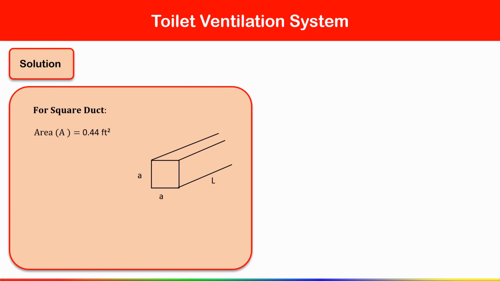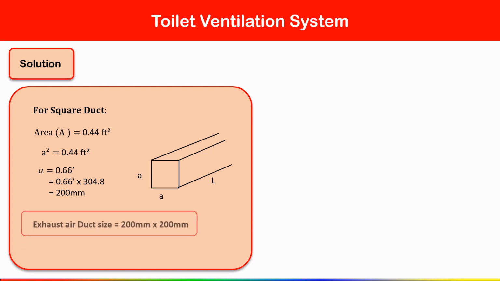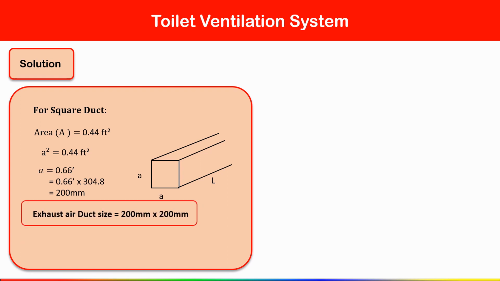Now the area of a square is a square, so finally you will get the value of a as 200 mm. In this way we have calculated the exhaust duct size, 200 mm into 200 mm for the square duct. And the same thing if you want to calculate the size of the fresh air duct,